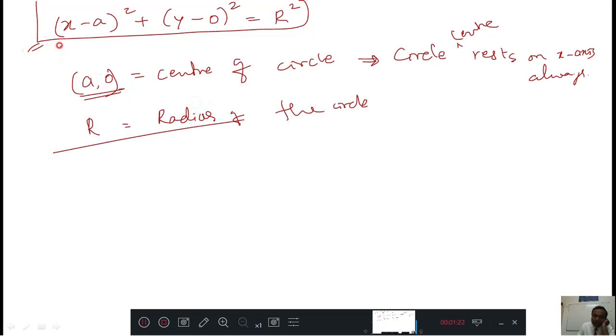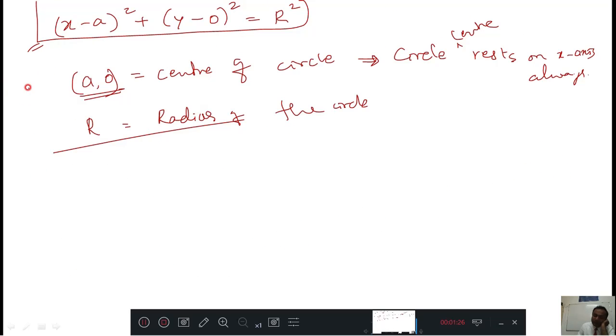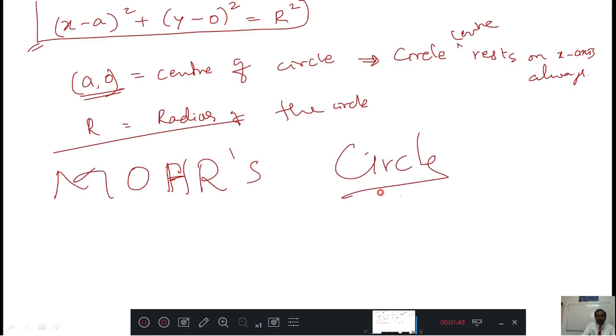The circle drawn by using this equation is called Mohr's circle. Interesting, no? Then how to draw that Mohr circle, we'll see. Before that, according to Mohr circle,